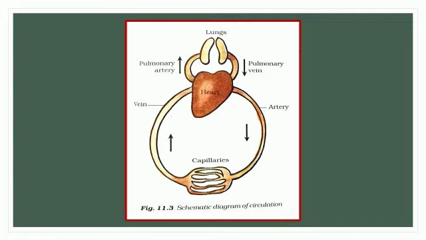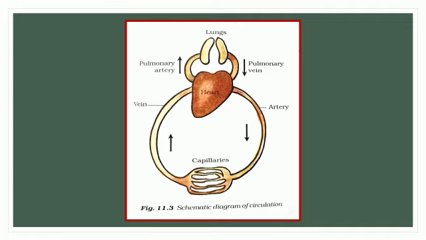Now this aorta divides into smaller blood vessels which are called capillaries to reach every organ of the body to supply oxygenated blood. The exchange of material between the blood and the different organs takes place through the wall of the capillaries. The material diffuses from blood into the different organs and the waste materials enter into the capillaries along with the carbon dioxide. Now the capillaries join up to form the veins which empty into the right auricle.